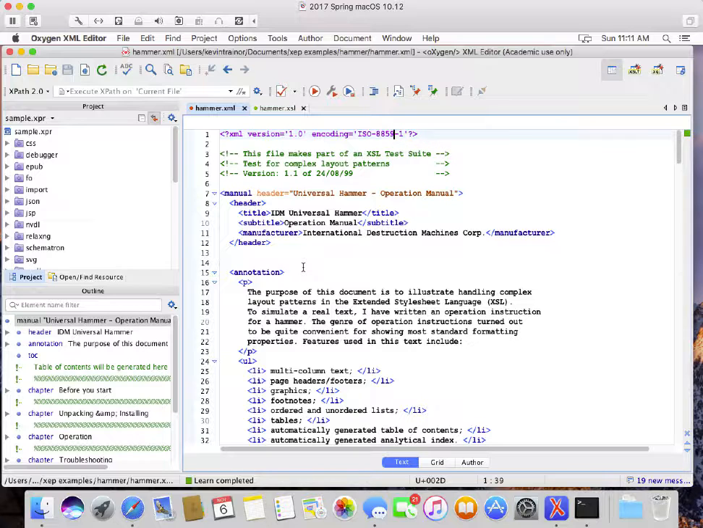So it's somewhat tongue-in-cheek. We don't really think you're going to need a user manual for a Hammer, but it's never going to go out of date, I don't think. And it's in a custom XML schema in which the